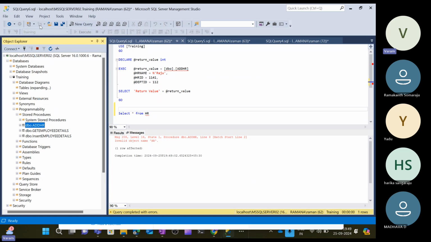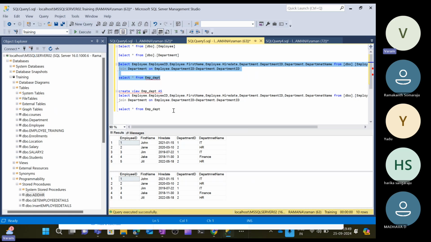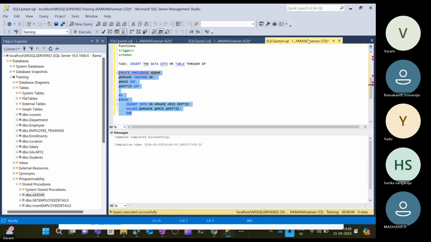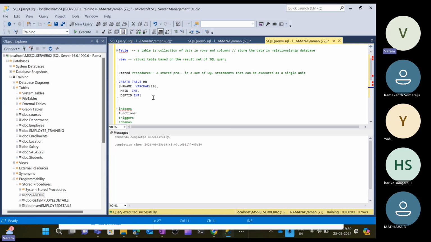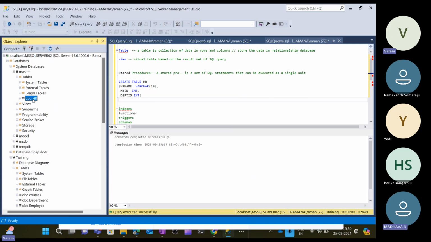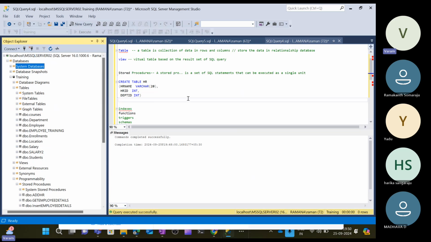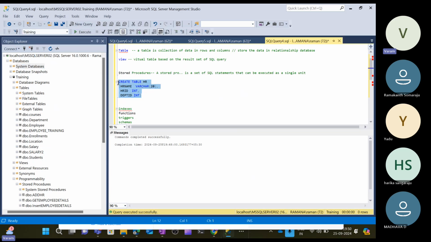Because we did it in the other one, right? There is no HR table. I need to build the HR table. My bad. Where did we run that? Here, right? Because it was actually created in the system tables. Here, if you see in the master database in the system tables, you can find the HR because we ran it here in master. So you can see this dbo.HR. So all the time, please be aware of where you are running that. Okay. It's not a problem, but if you are creating in a different database again,